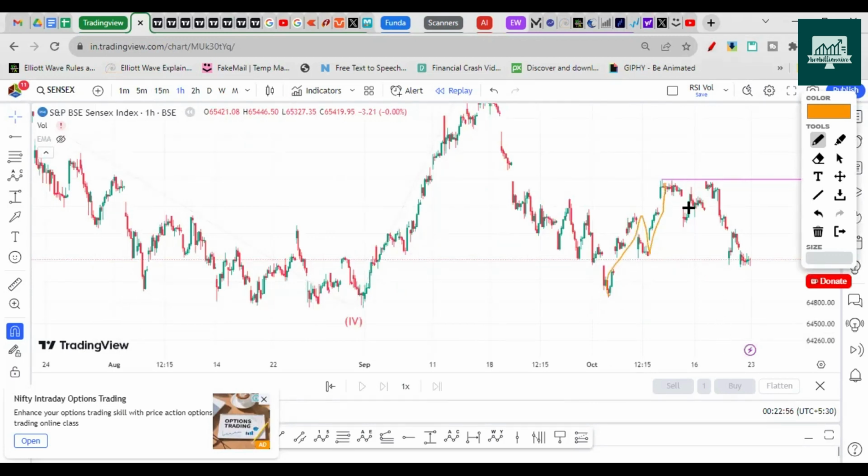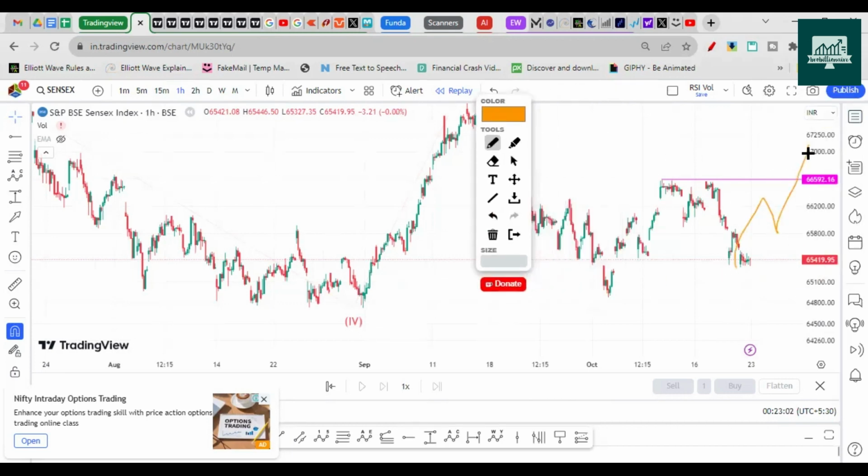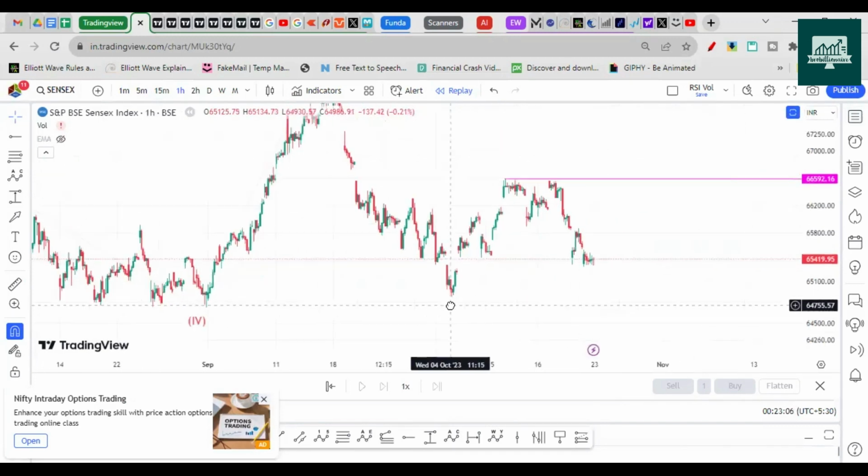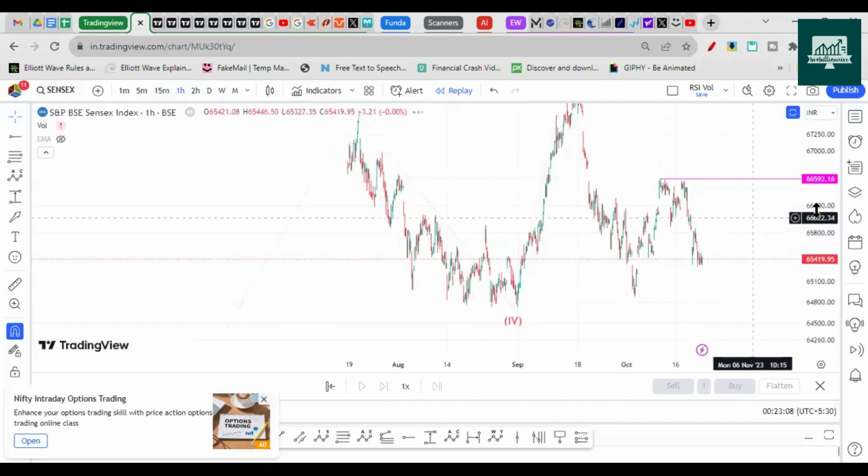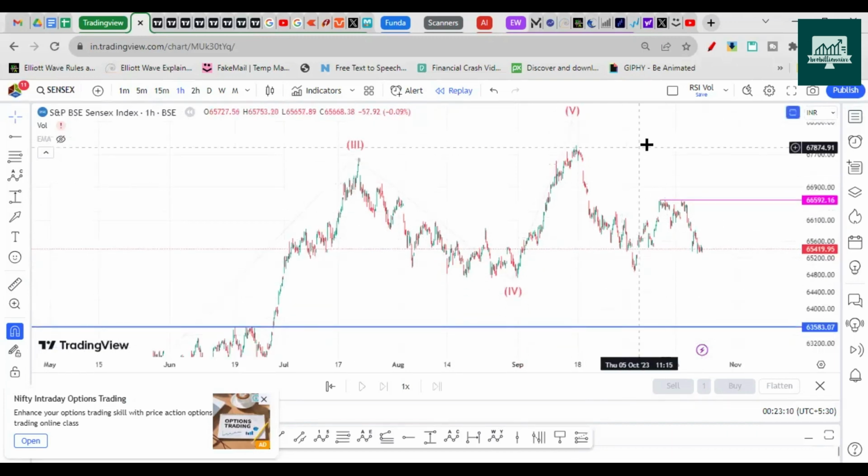So either the fresh drop has started, or it might consolidate, making another up move and then start a larger correction. So now I'm in more favor of a drop on the downside than considering an up move, and I don't want to consider anything before break of this.